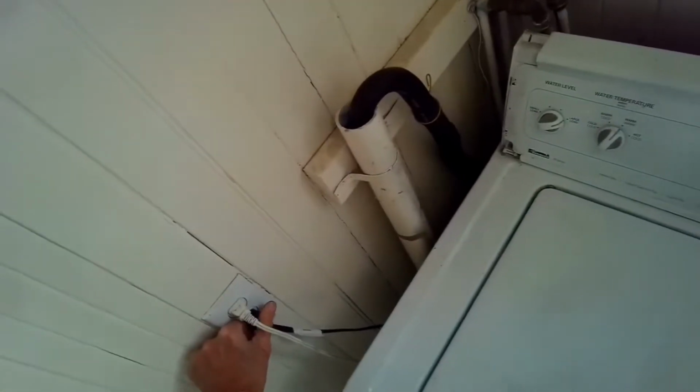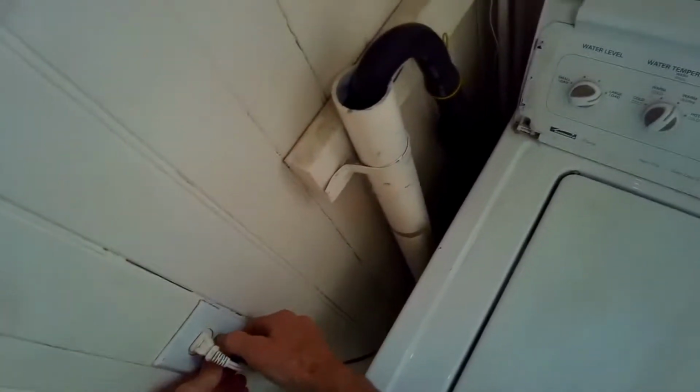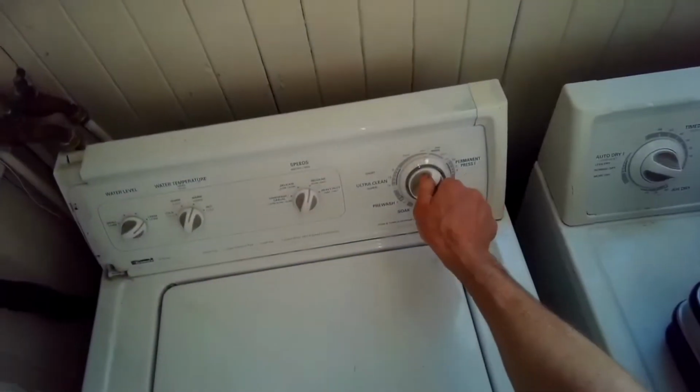This is Scott the Fix-It Guy, and those were the sounds of a broken motor coupler on the Series 80, Series 70, Series 90 washer. So we're going to unplug the washing machine and we're going to repair it